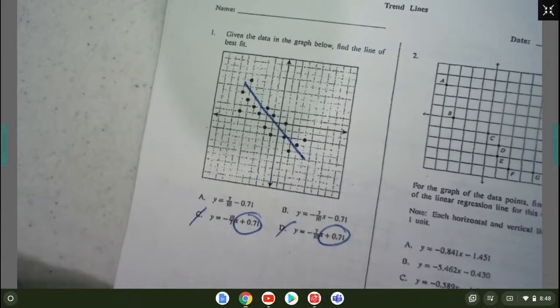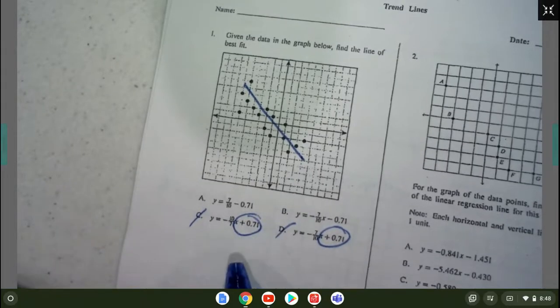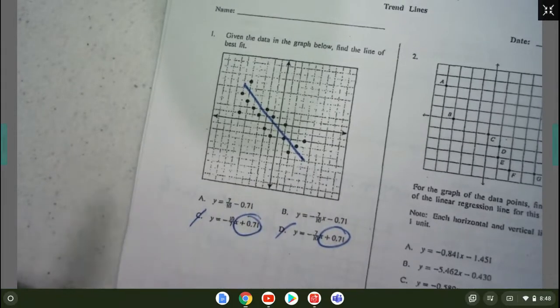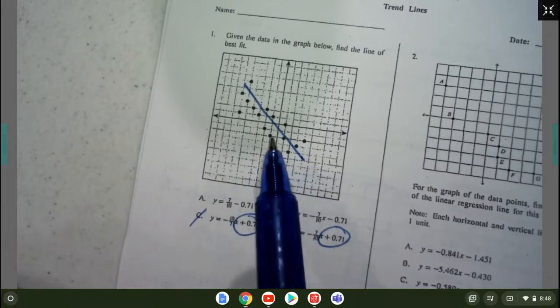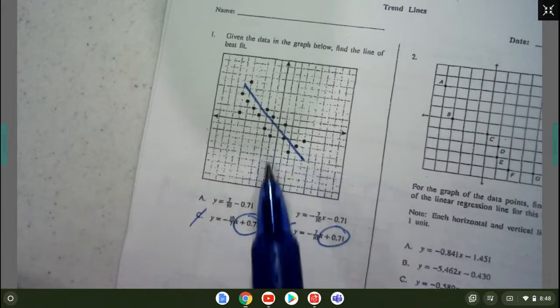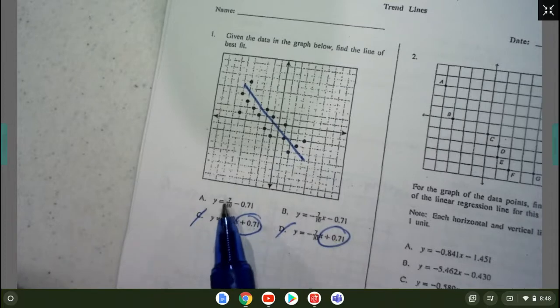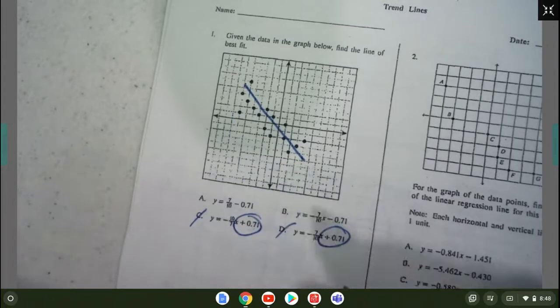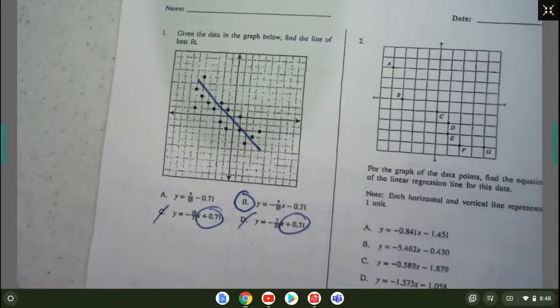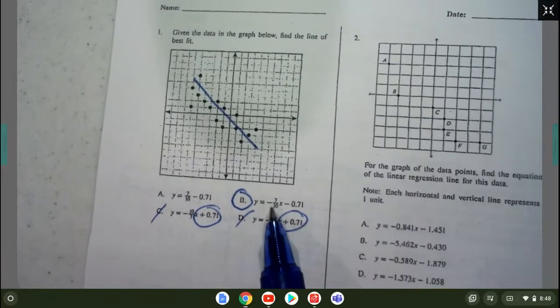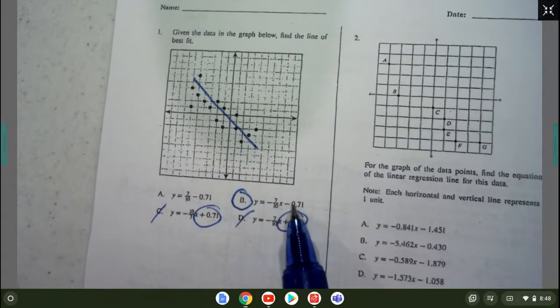And on this one here, the slope is going to be pretty easy. I don't really have to calculate it. They're all 7 over 10 or 10 over 7. This one is already ruled out because it's got a positive 0.71. I know it's going to be negative 0.71 because it's crossing here below the origin. So it's either positive 7/10 or negative 7/10. This line is clearly decreasing, which only leaves B as an option. Only B is an option because it's a decreasing slope. So that first number in front of the x needs to be negative, and it's a negative y-intercept, negative 0.71